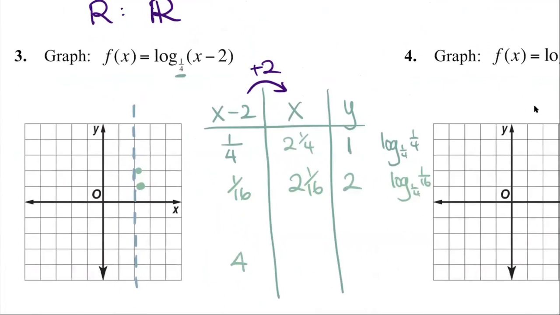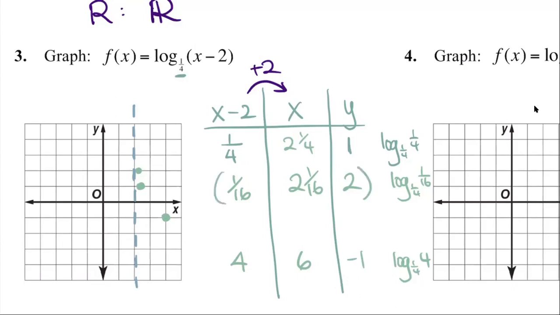What does x have to be for x minus 2 to equal 4? 6. 6, good. And then if I have log base 1/4 of 4, what does that give me for y? -1. Perfect. All right, so 1, 2, 3, 4, -1. Good. And then the middle one, though the 1/16 is okay, I probably could have skipped this one